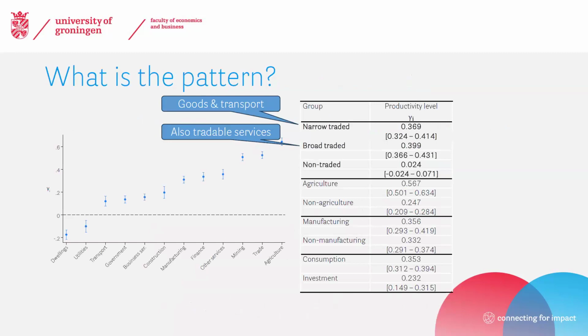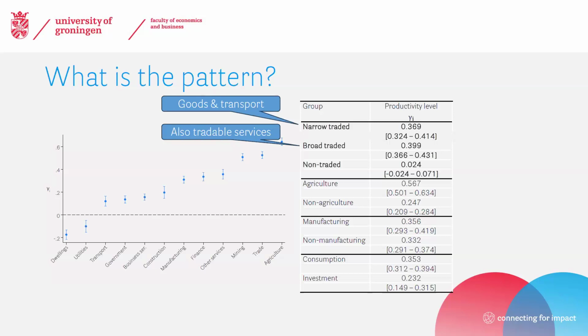that tell us something. So then we're looking at different groupings of these 12 sectors. So basically saying, okay, to what extent do we see similar patterns across sectors with certain characteristics? So you can compare agriculture to non-agriculture, or manufacturing to non-manufacturing, consumption versus investment sectors. There are some of these differences. So as you can see, for agriculture, gamma is much higher than for the other sectors.